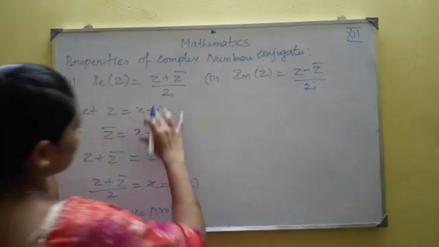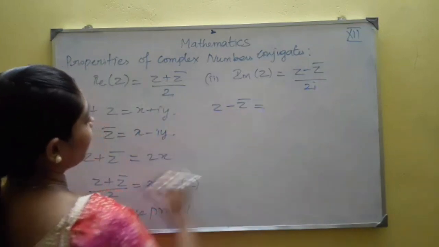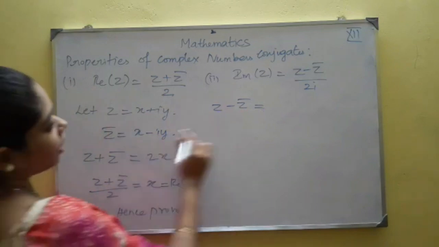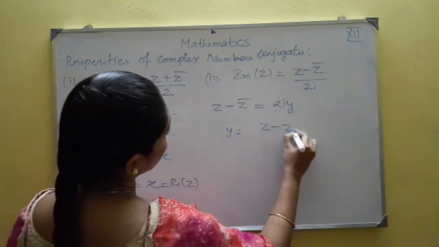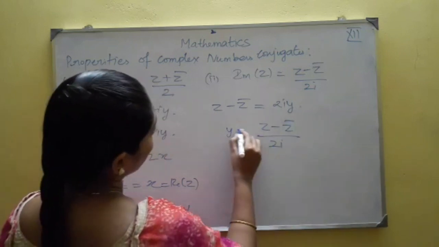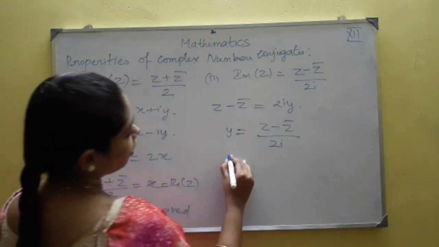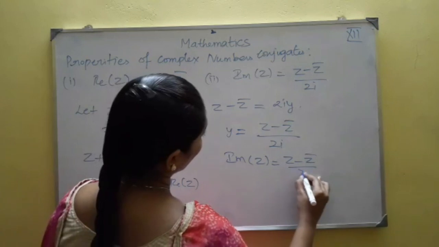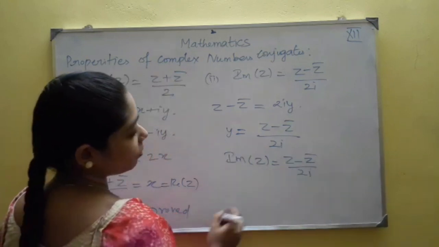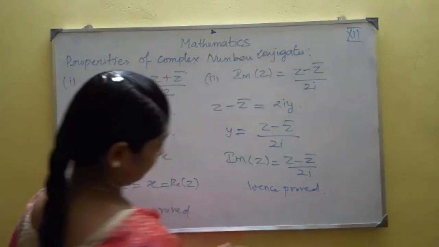by 2i. Now observe these two again. Now I am going to subtract this, z minus z bar. Okay. If I do subtraction, I will get 2iy here. So what is my y value? Z minus z bar whole divided by 2i. So in my z, imaginary part of z is y, no? So this can be written as imaginary part of z. In the place of y, I can write imaginary part of z. So this is also true.